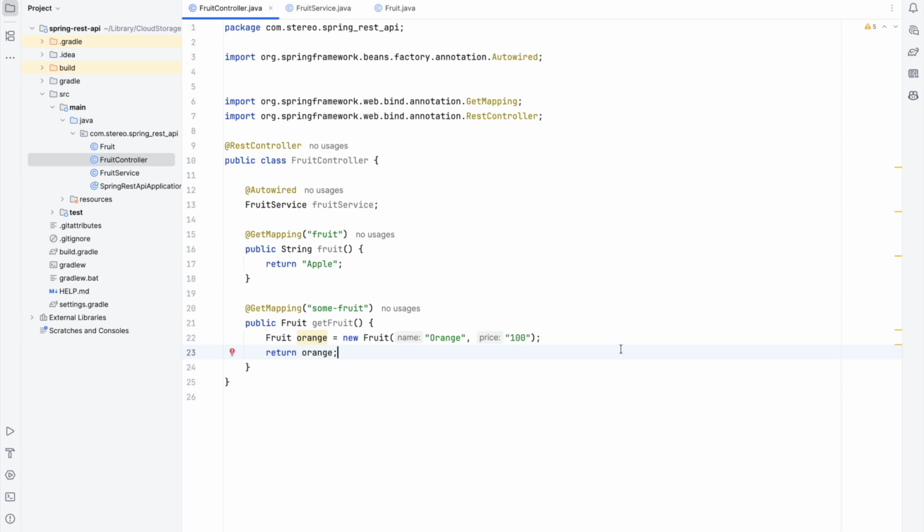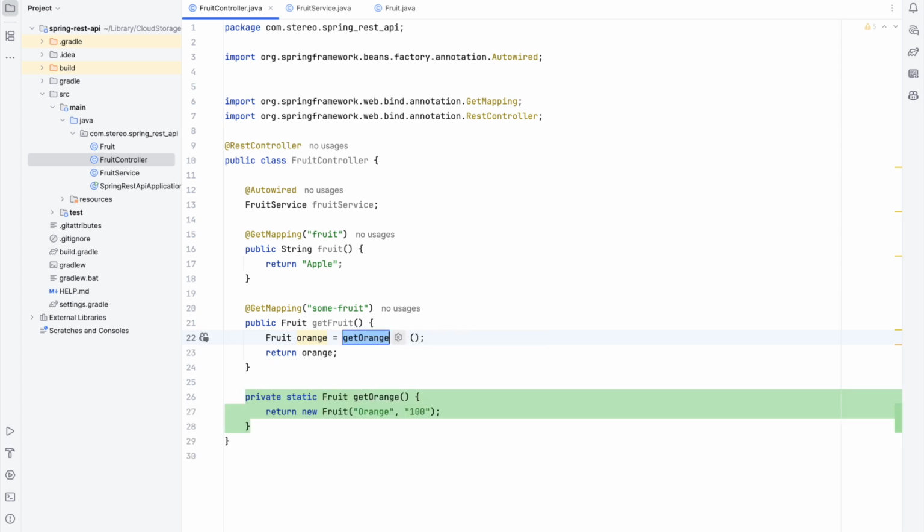Okay, then one more related to this is, if you want to extract some particular thing into a method. For example, this I want in one different method. So what you can do, you can simply do Command Option and M. Okay, Command Option M. So if you see, it has created the method for us, which is getOrange. It is automatically returning us this particular thing. And in Windows, you can do Control Alt M. Okay, so these are 5 shortcuts, okay.